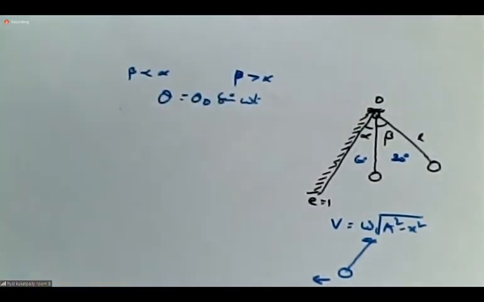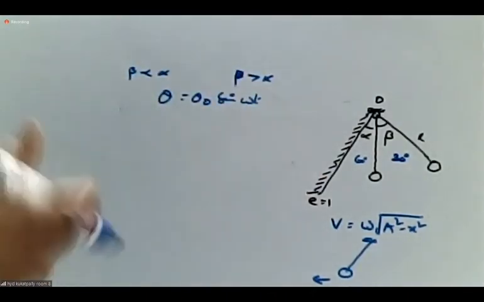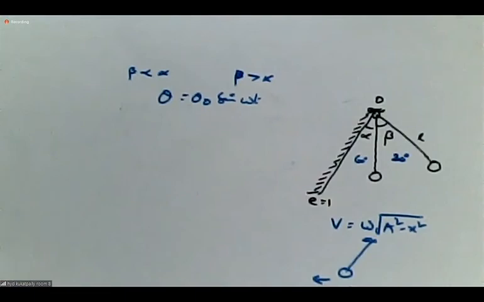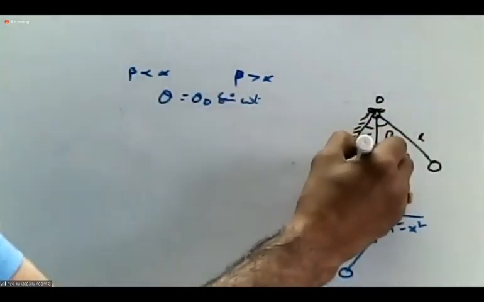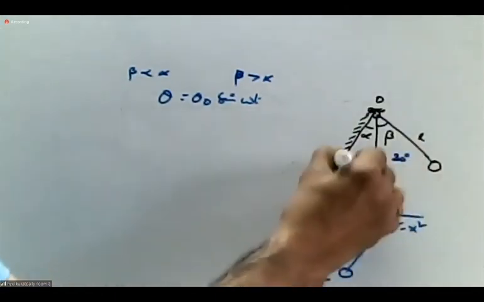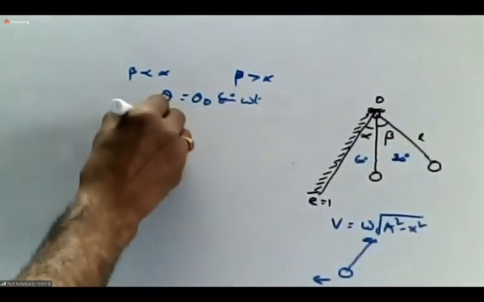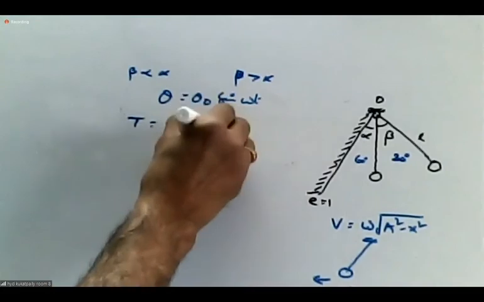Sir, why sine, why not cos? I already explained. If it starts from equilibrium, sine; if it starts from the extreme position, you will get cos. Any other point, phi will be there. Okay. Now, beta less than alpha. This is 30, this is 60. Then without hitting the wall, it will oscillate. So time period T is equal to 2 pi into root L by g, no change.